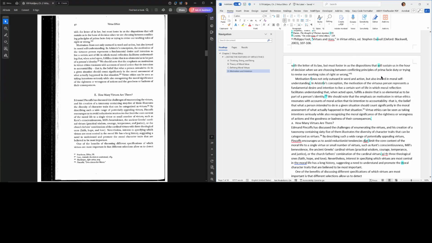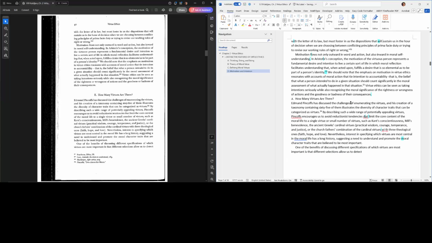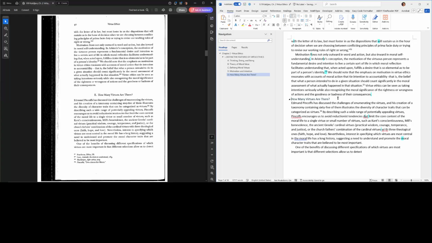Disposition that will sustain us. Flows, Aristotle's. Check out our footnotes 31 through 34. 31 through 34 seems like they all came through. Another heading level 3, and that's going to be E. And it thought D would be better. Let's do E. Alright, it accepted it this time.